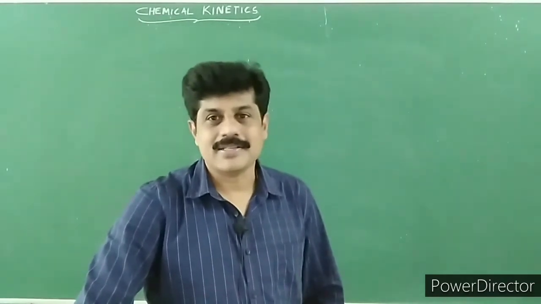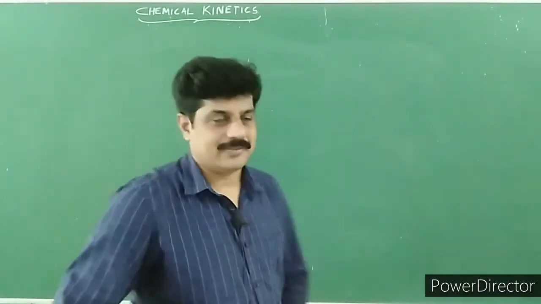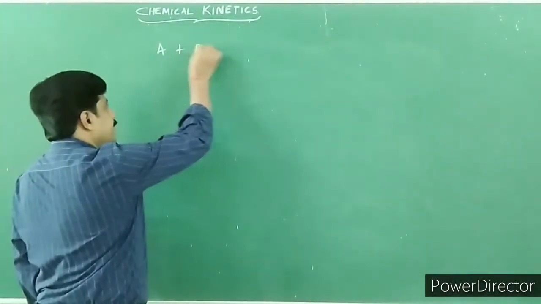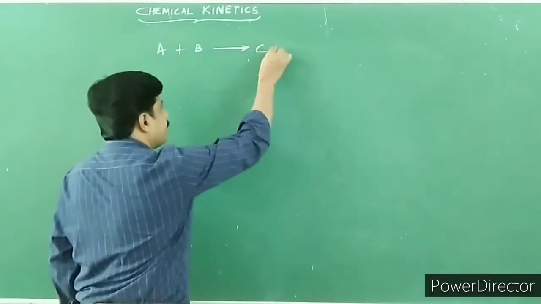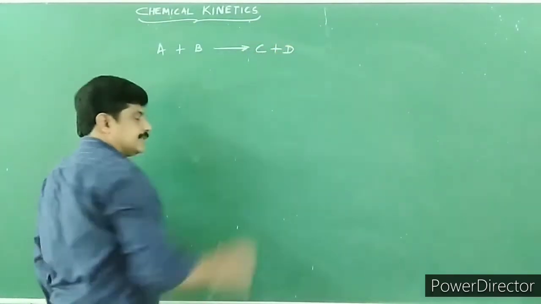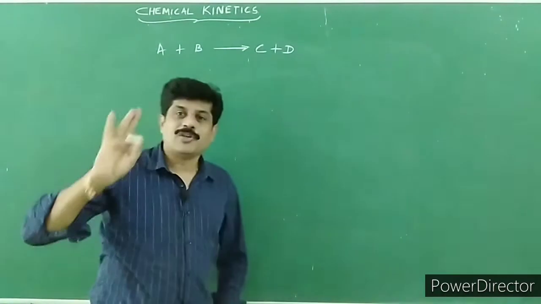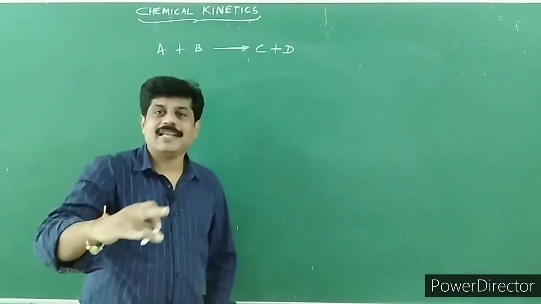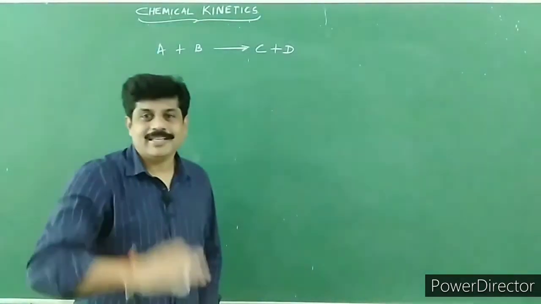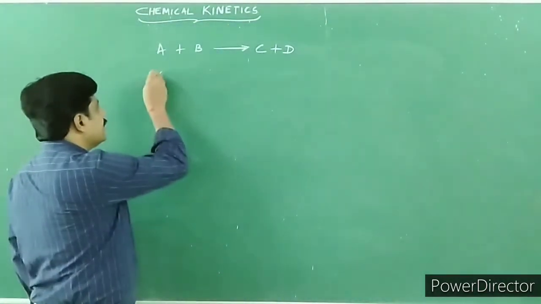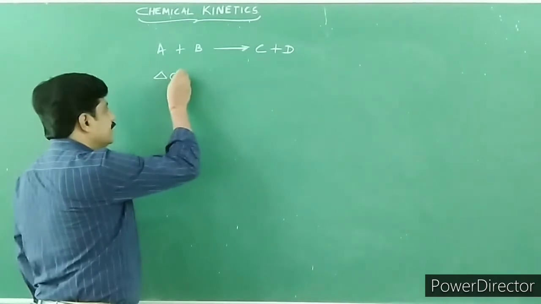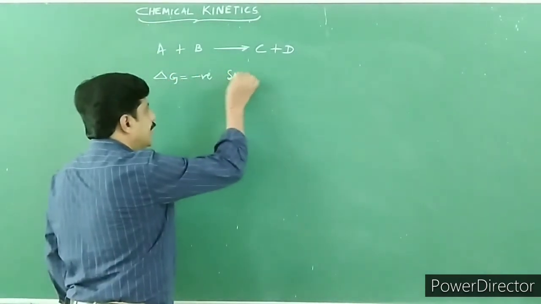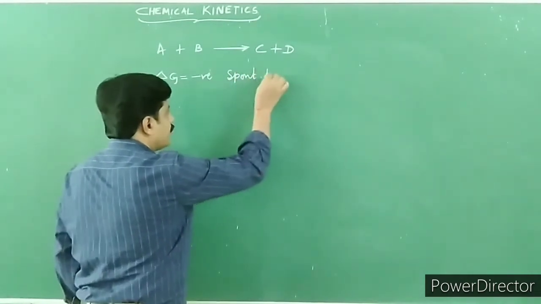Children, let me consider one of the general reactions. A plus B giving rise to C plus D. Children, from the knowledge of thermodynamics, it is possible to find out whether the reaction is feasible or not. In that case, we need to consider delta G value. Children, delta G value, if it is negative, then it is spontaneous forward